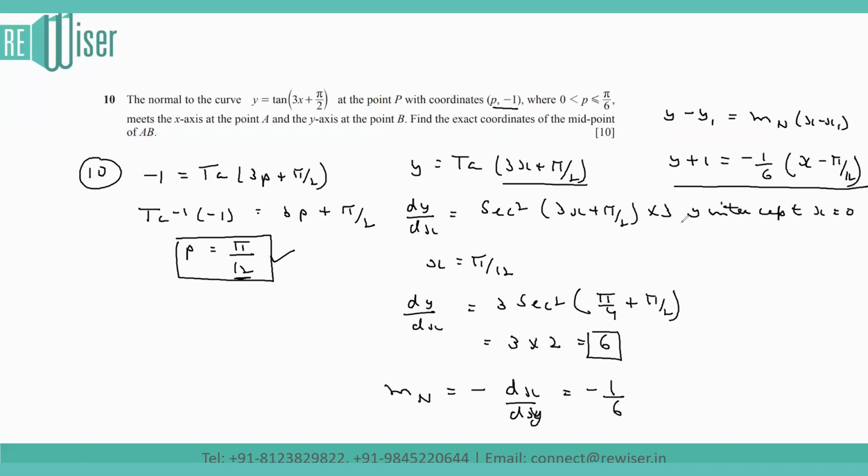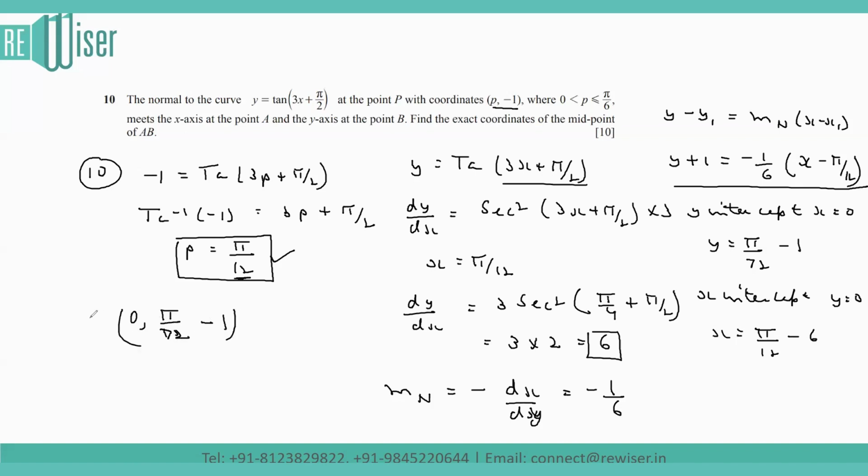If I write x equals 0 over there, the value of y that I got is equal to π/72 - 1. Similarly, for the x-intercept, putting y equals 0 in the above equation, the value of x that we got is equal to π/12 - 6. So now we have to find the midpoint of these two coordinates. We can write them as (0, π/72 - 1), which is one of the coordinates,